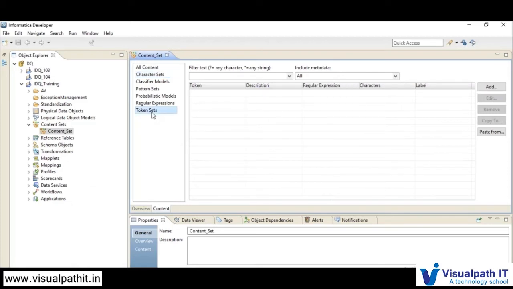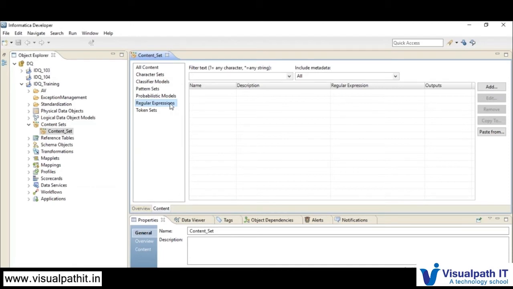So whatever content set we will be having in our system, it will refer to this and try to assess the data. You are labeling the data, then it will try to get what all the data available. If you're passing any data, then it will check what patterns are available. And if you are again passing any data, regular expressions will be picked. So the content set talks about the reference information to classify your source data set.